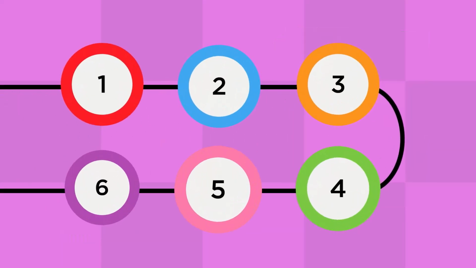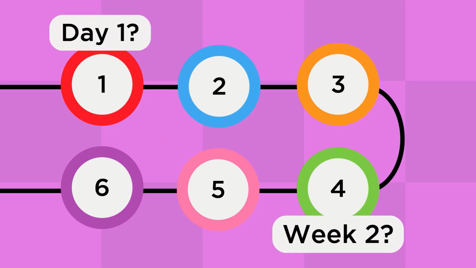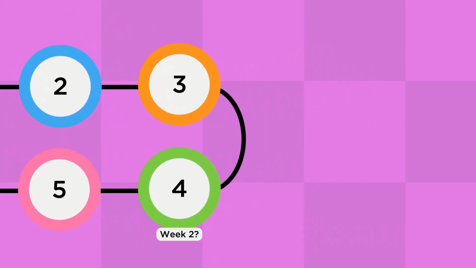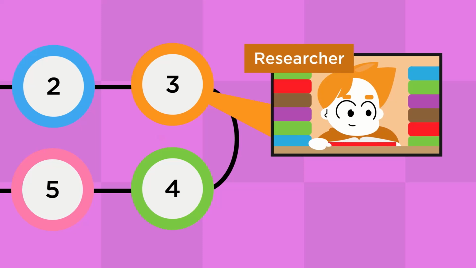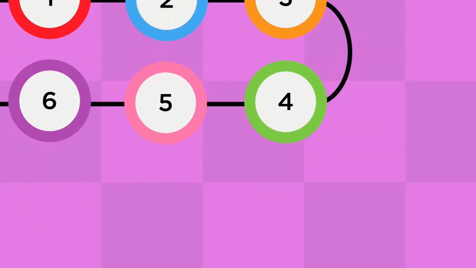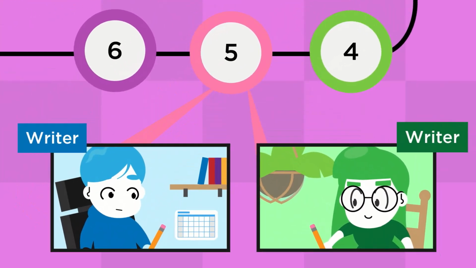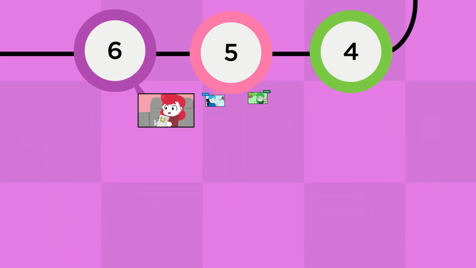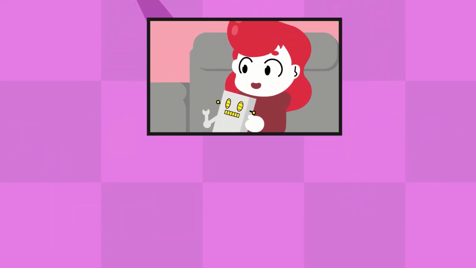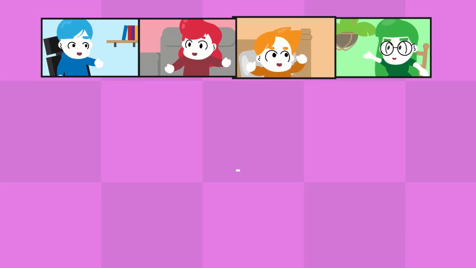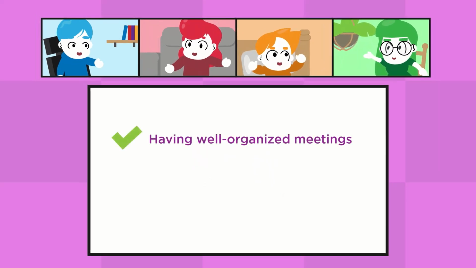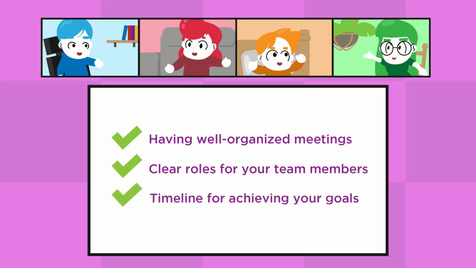Once you all agree on that, plan out the various stages that will get you there, including when each stage should be completed. For example, what research do you need to do, and when do you need to have it done? When does everyone need to have finished writing their individual parts before editing? When does your prototype need to be ready for testing? Meeting online can sometimes feel a bit disconnected, but having well-organized meetings, clear roles for your team members, and a timeline for achieving your goals can help keep things on